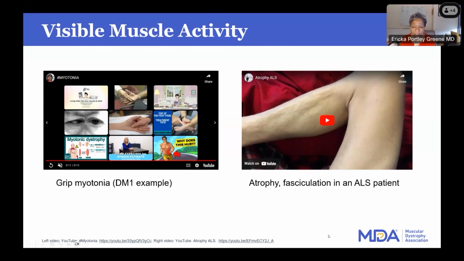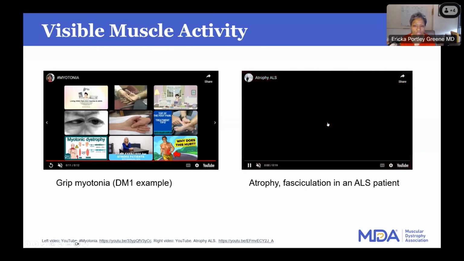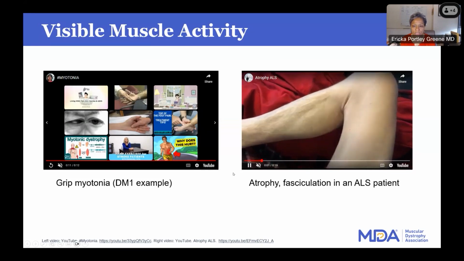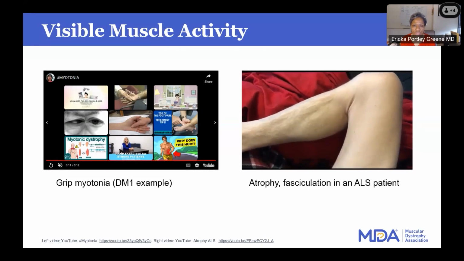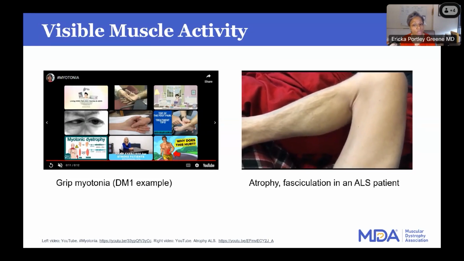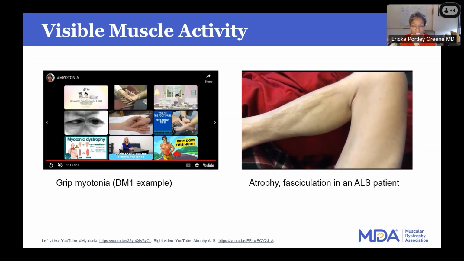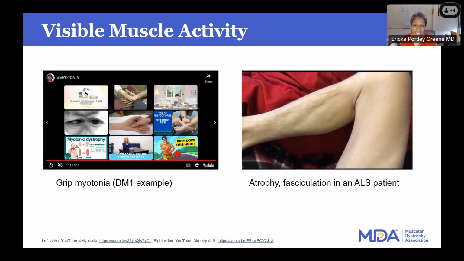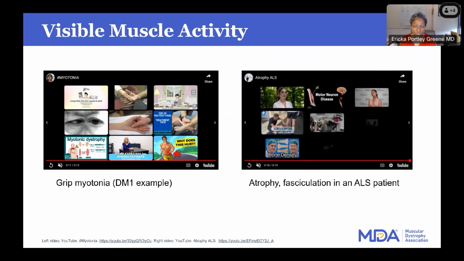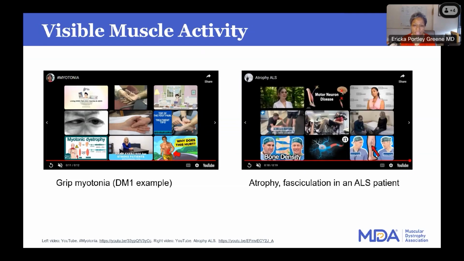To the right is a patient with ALS, or amyotrophic lateral sclerosis. And as Dr. Shroff mentioned, it's a combination of both upper motor neuron and lower motor neuron involvement. The upper motor neuron would cause weakness, but they would be hyperreflexic. When you tap their knee, it would jump very quickly. It would be a 3 or a 4. They might have clonus. But because they also have lower motor neuron involvement, please click the video again,